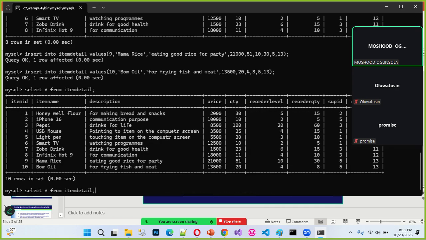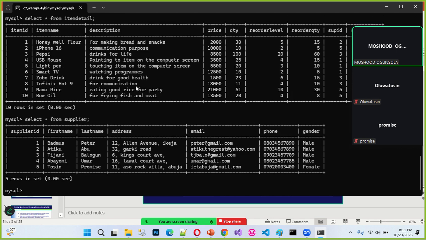If I look at another table like this one, the supplier table here, you can also see the columns that have string data. Almost all the columns in the supplier table have string data here. And that is why the string functions work only with columns with string data. You can't use the string functions to work on columns with numbers. As long as your column has a varchar or character data type,